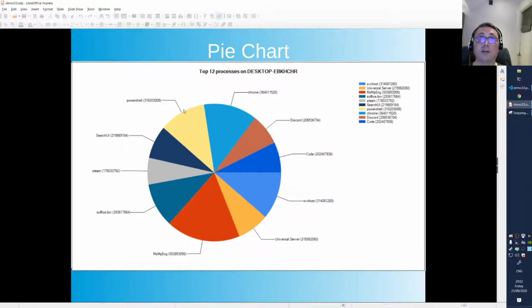We have the pie chart, right? This is a very nice one as well. This is one on the top 12 processes that run on my system that consume the most memory. And I have them now in a pie chart, so I see instantly that my virus scanner is using the most, and then I think it's Chrome, my browser, right? But it's a nice pie overview. And also we're going to play with this legend on the right, with the makeup of that as well. So we're going to make it a little bit fancier.